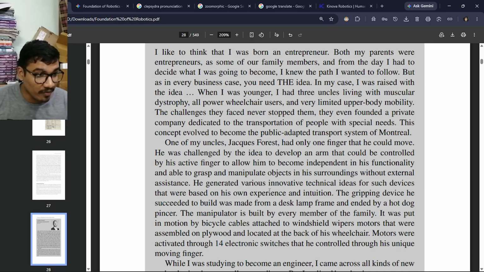He generated various innovative technical ideas for such devices that were based on his own experience and intuition. The gripping device he succeeded to build was made from a desk lamp frame and ended up with a hot